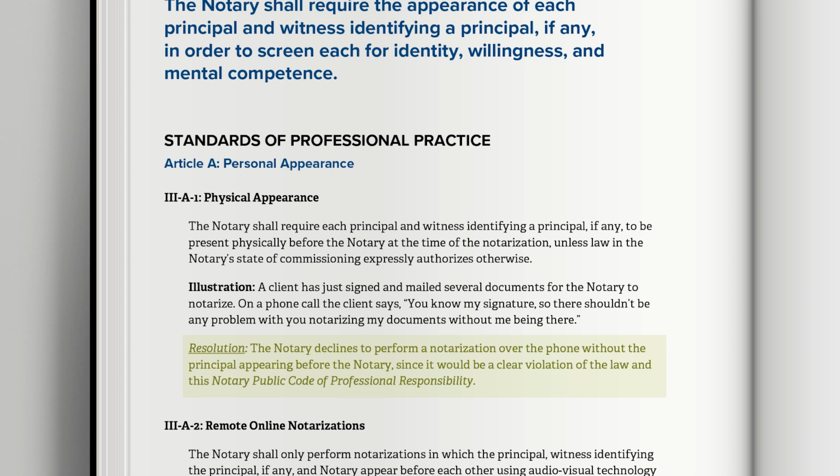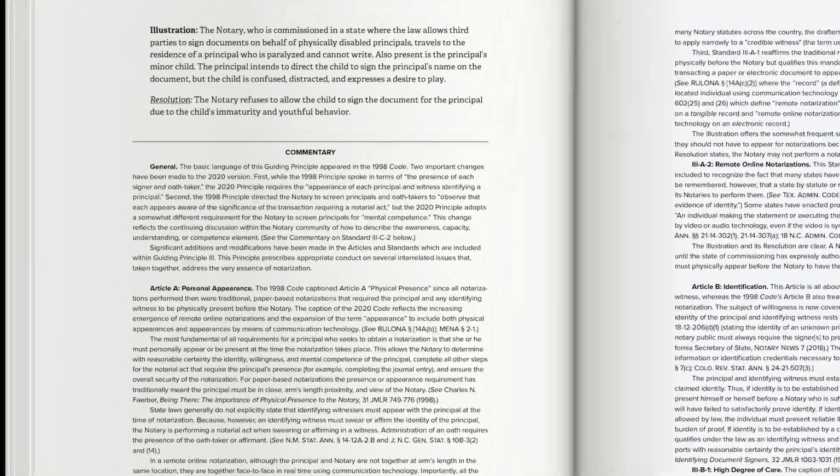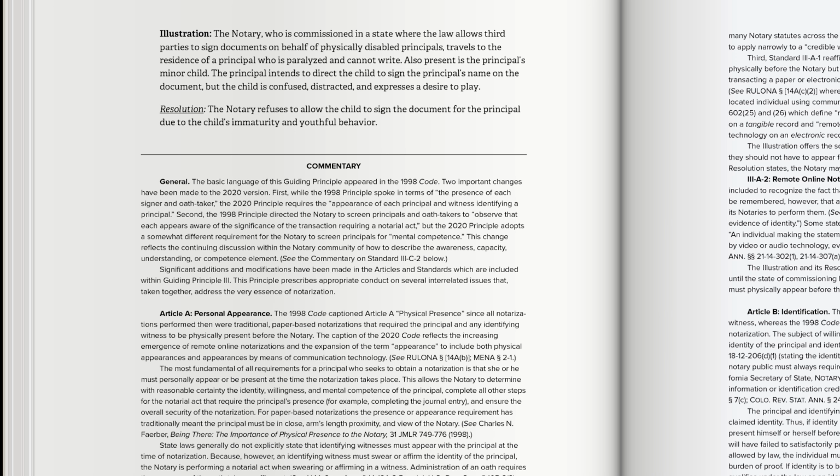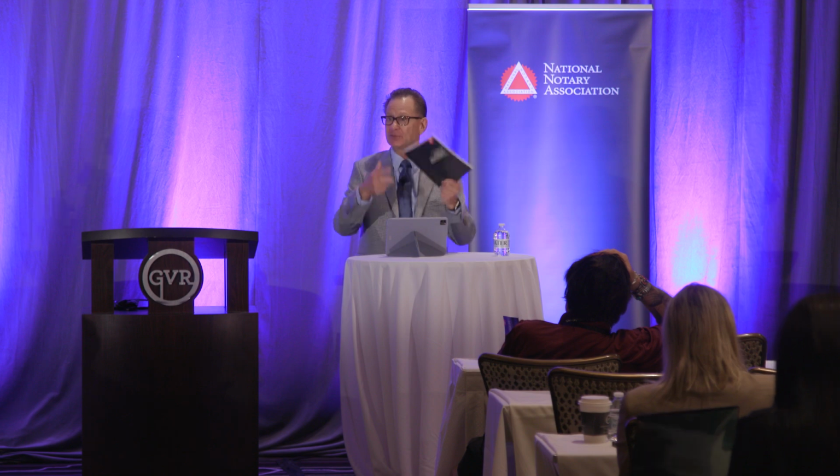One more very briefly. If you turn to page 25. At the end of each guiding principle, each chapter, in this case chapter 3, you'll see we have a commentary section, legal commentary to provide an explanation of the standards under that guiding principle. So if you want to read more about the thought behind it and the rationale for why we did it, you can read about it there. Okay, so that's what the code is and how you can get around in it.